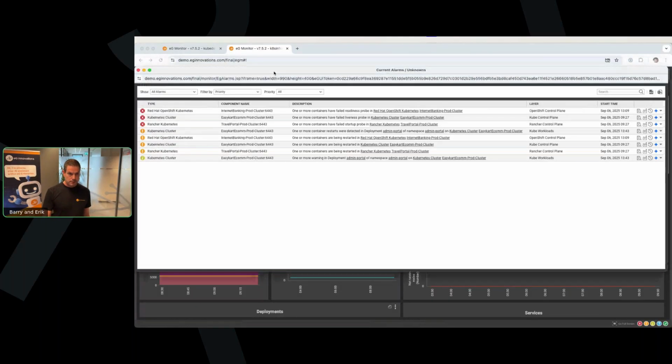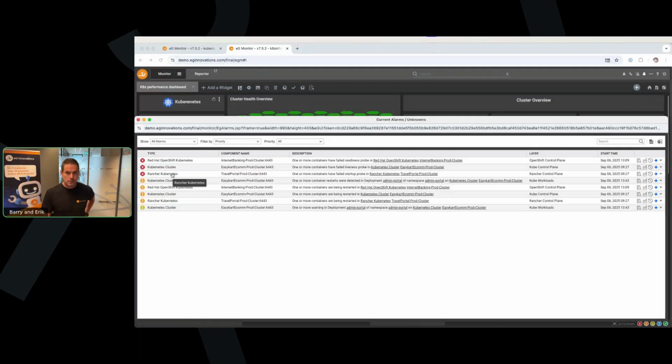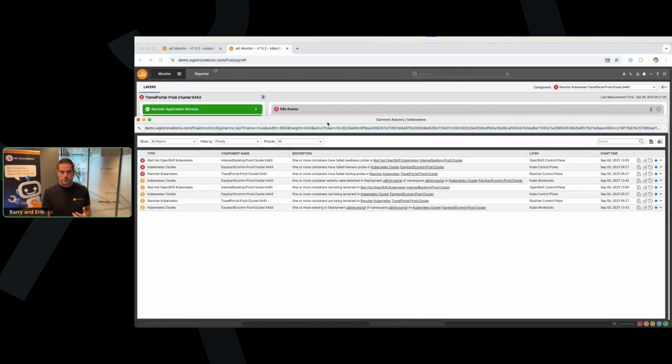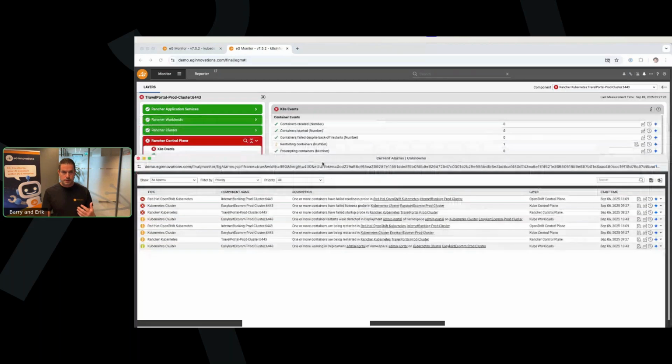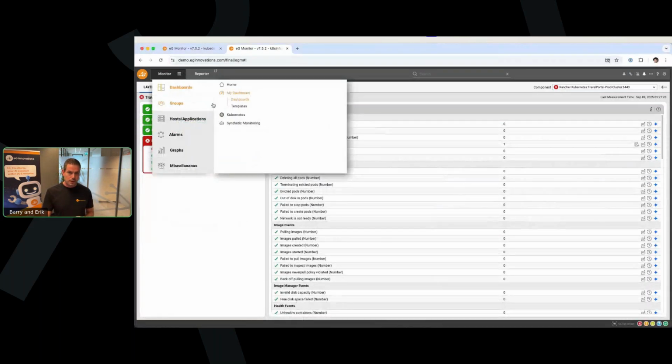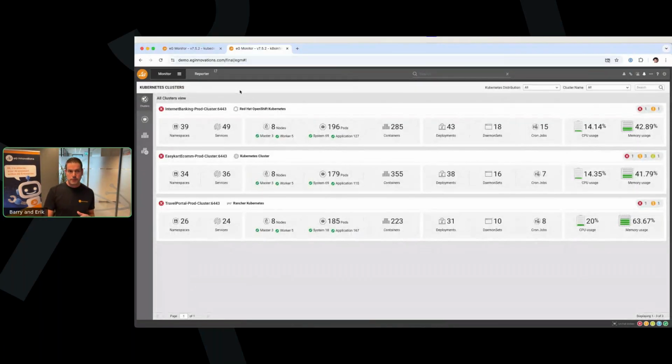Now, if I click on this alarm about the failed readiness probes, then I will be directly brought in the console to a deeper level of where the issue is. So you can also look at other metrics. I will first start with the built-in dashboards that are there. So these are dashboards you don't have to build or maintain yourself. We do that, and once you start monitoring a Kubernetes cluster, these will automatically pop up and be brought alive.